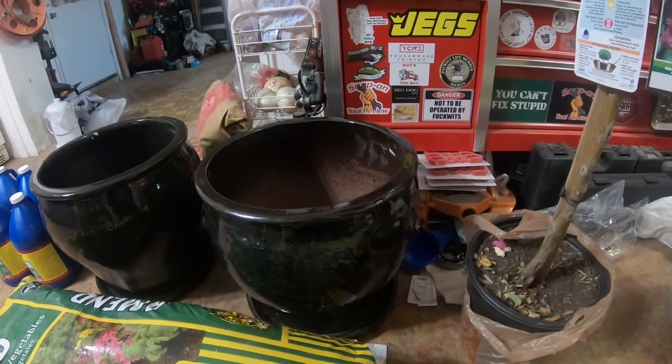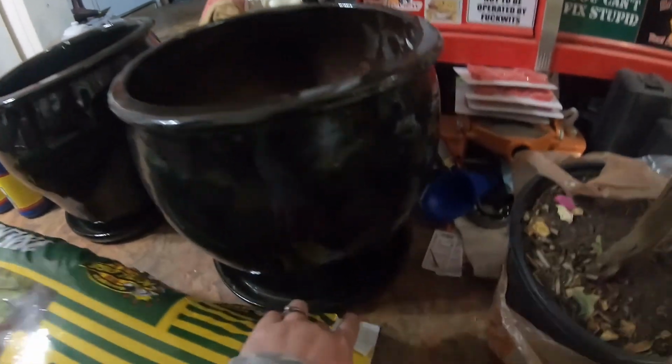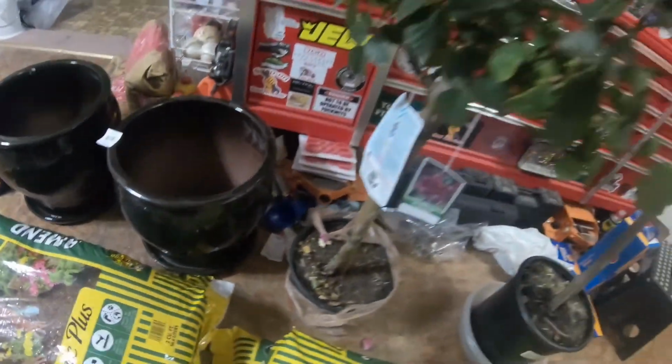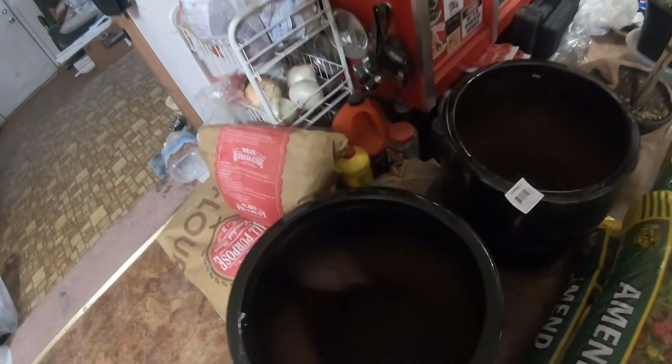So he said that these were a 16-inch pot. And they have these little trays at the bottom down here to collect extra water. Then they have little drainage holes on the sides, which you can see from the inside. You guys can't see it probably, but right here, that's the drainage hole that goes into the